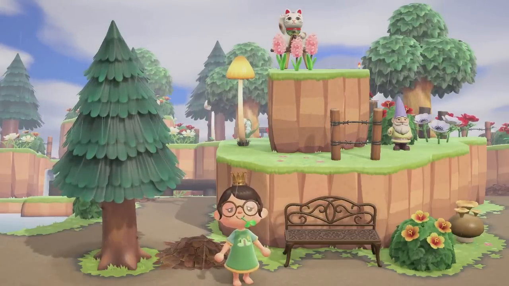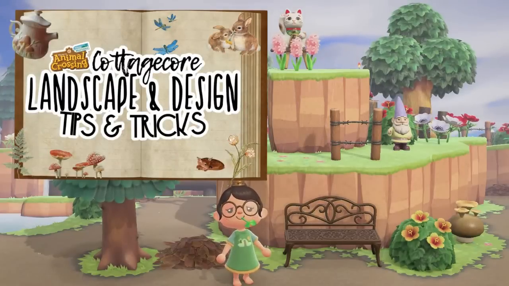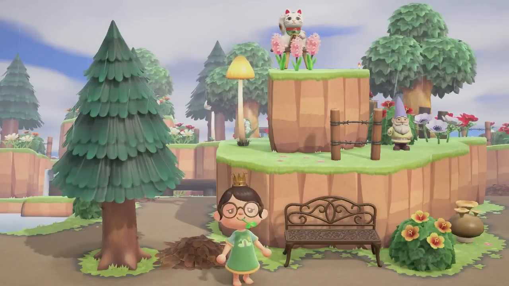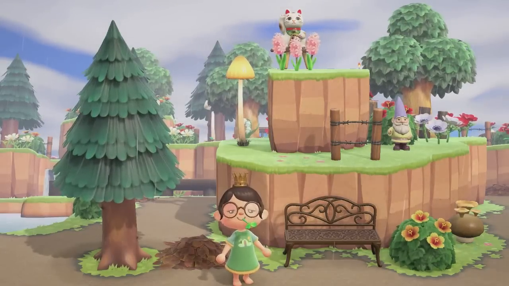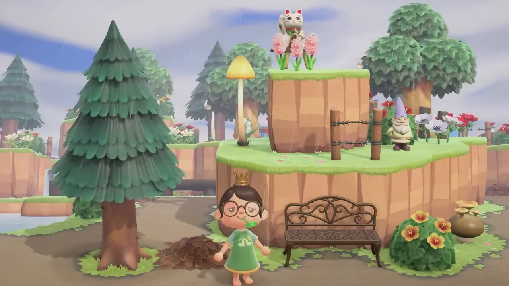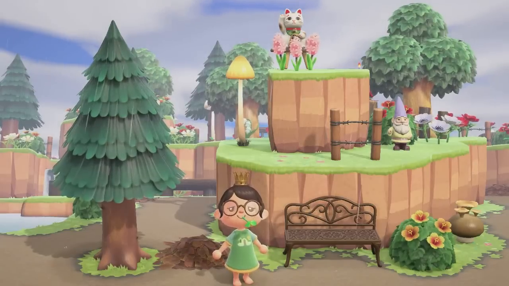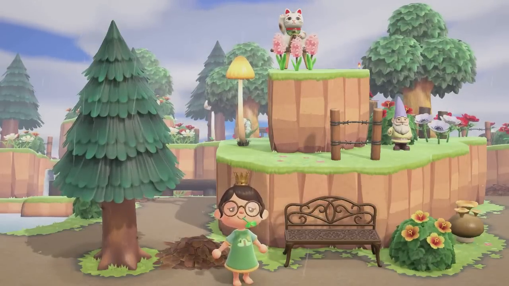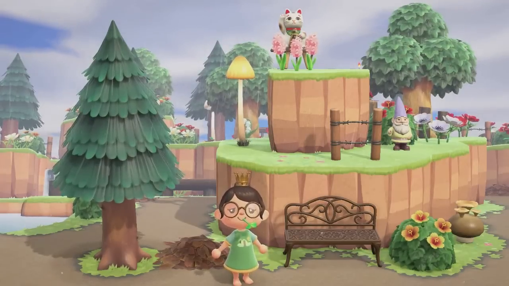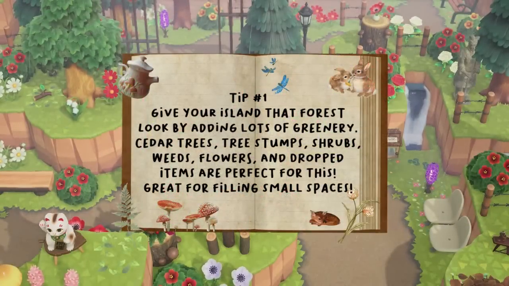Today I am here to give you guys 10 amazing landscape and design tips and tricks to help you whenever you decide to create your wonderful cottagecore island masterpiece. I hope that you guys find these very helpful. These are the tips that I use when creating my island, and I thought that I would share them with you because a lot of you guys have been asking me, what items do I use or what should I do? So we're gonna go ahead and get started with the first tip, which is to give your island